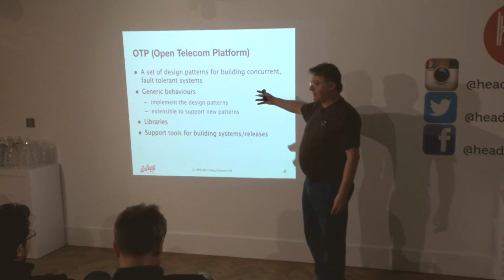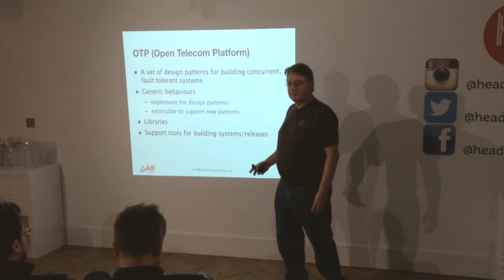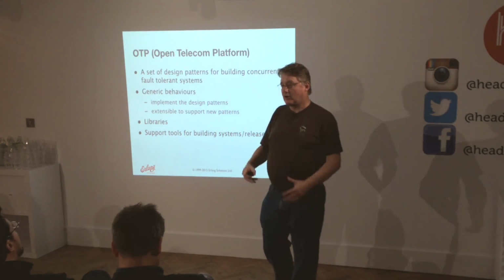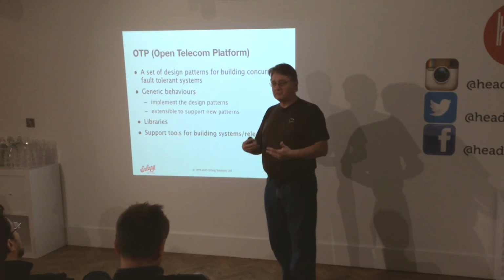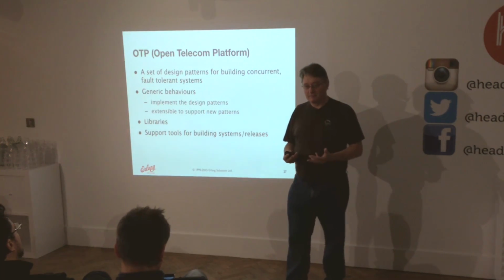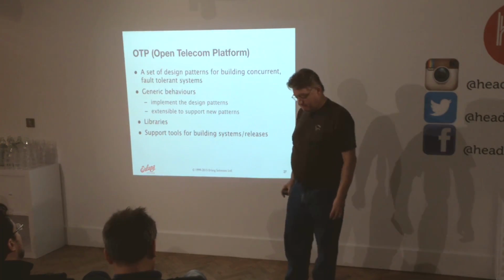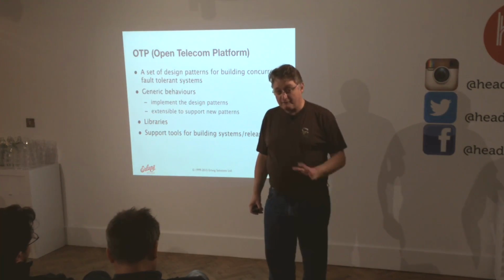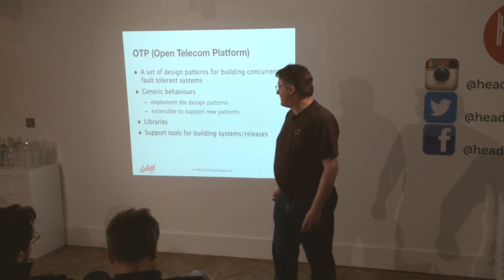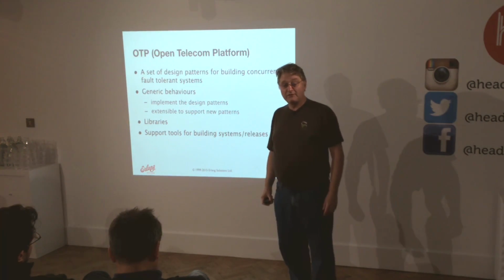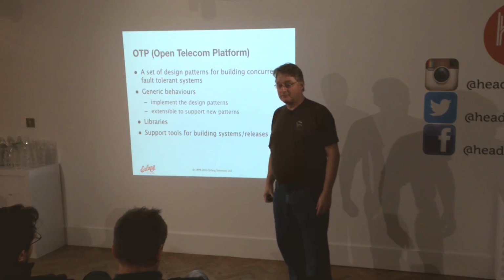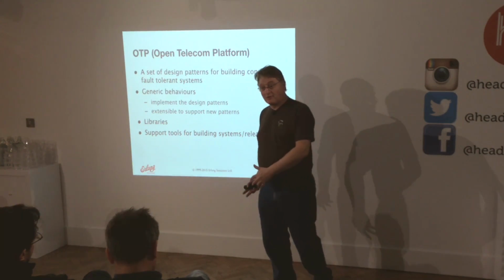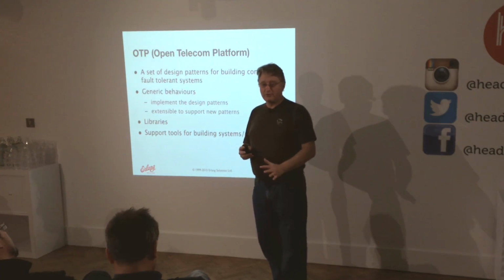It's a set of generic behaviors. That's the code that helps you implement these patterns, right? So a very typical pattern is the gen server, the client server pattern, and there is code that helps you implement that client server pattern. It's in one of the behaviors. And OTP provides 5 basic behaviors, but it's also easy to extend it to add new behaviors. So if I've got something that doesn't fit these 5, I can implement a new behavior, and if I do it the right way, I can fit it into the whole OTP system, and everything works.